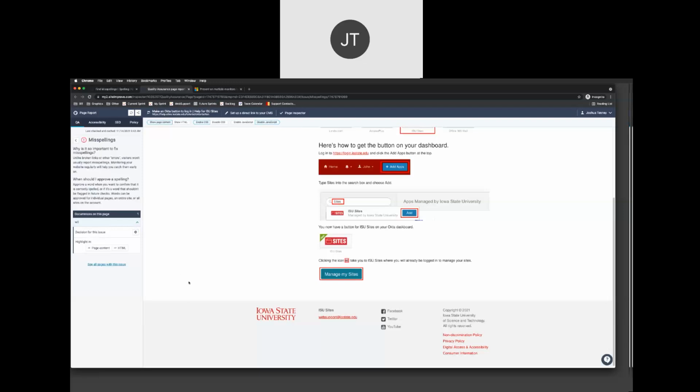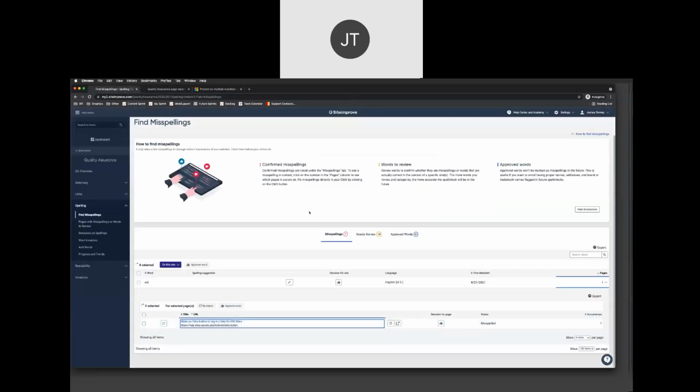You're still going to need to go log into the site and make the edit yourself, and then eventually Siteimprove will crawl the page and find the misspelling and remove it. And now that it's not detecting any issues, but basically this is almost the entirety of the misspellings interface. If you have multiple misspellings on a single page, you'll see a few other occurrences here. So you'll have the option to click those, and it will take you directly to them. So with that, I'm going to go ahead and switch back to this view.